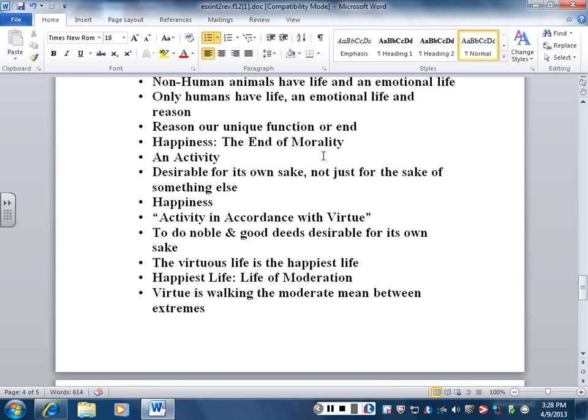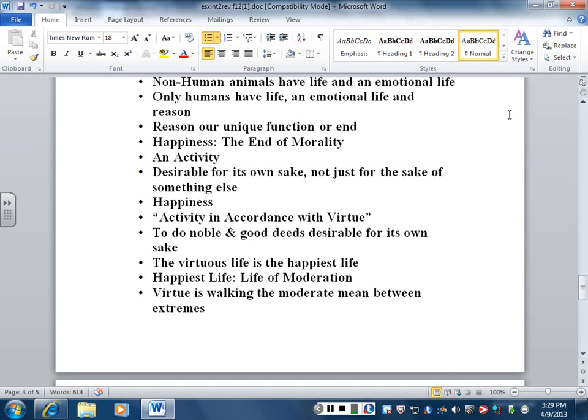He thinks that the person with a moderate lifestyle is also going to be the happiest person in this life. And you can sort of poo-poo that suggestion, which I did as a younger person, but more and more it seems to me that sometimes the happiest people are the people with a kind of well-rounded life, with a lot of areas of their life in balance, where they're not going off the extreme in one direction or another. So I think Aristotle was on to something. Okay,